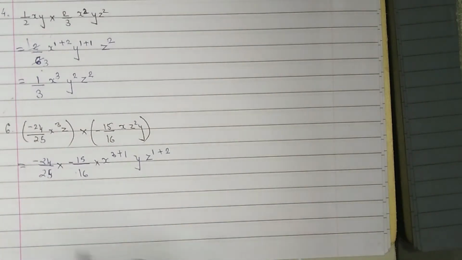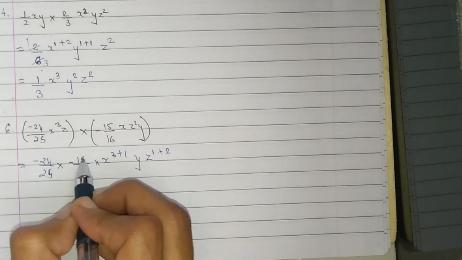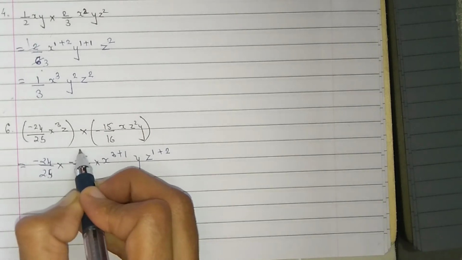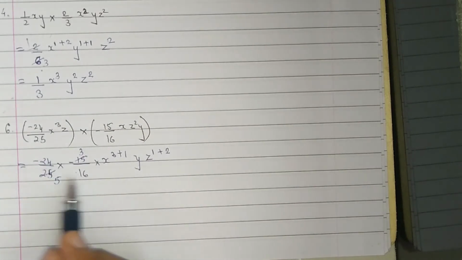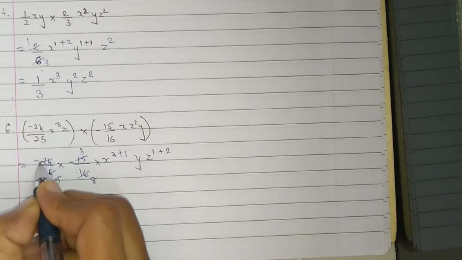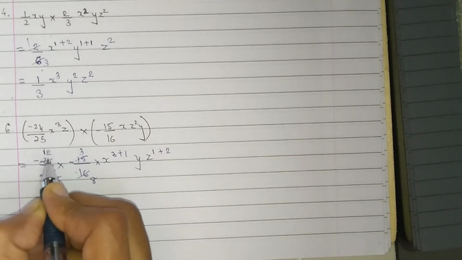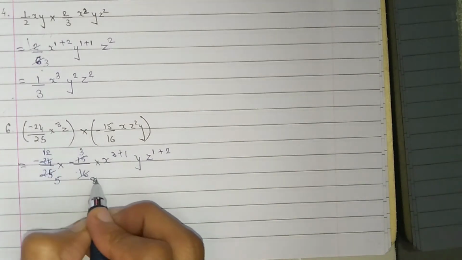Okay, now what do we have to do? Now we can cancel this by 5. First of all, divide by 5. 5 3s are 15 and 5 5s are 25. Now this is also divisible by 2. 2 8s are 16, 2 1s are 2, and 2 12s are 24. Again we can cancel it.